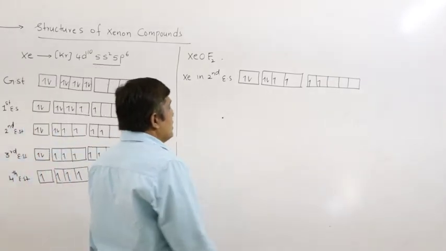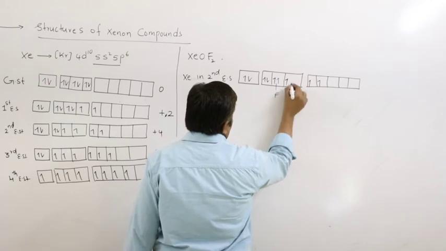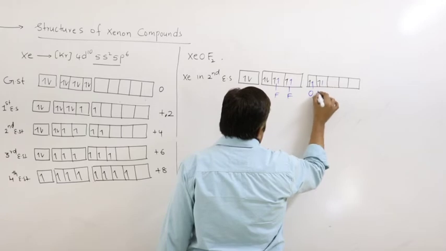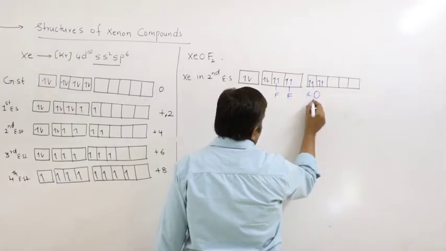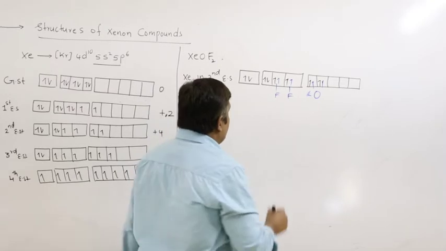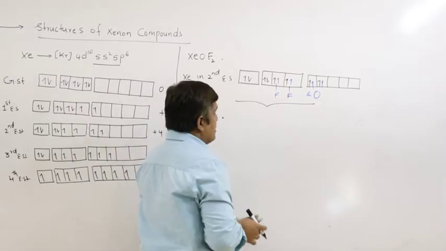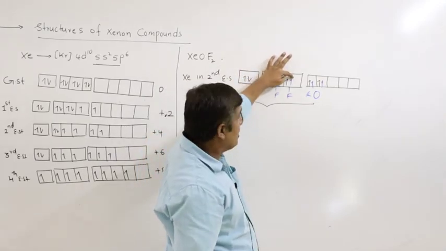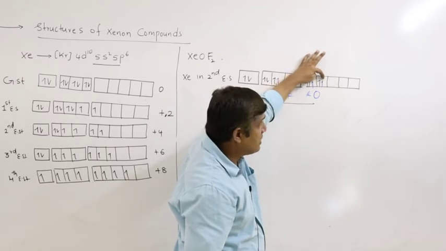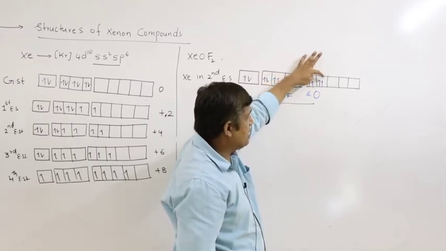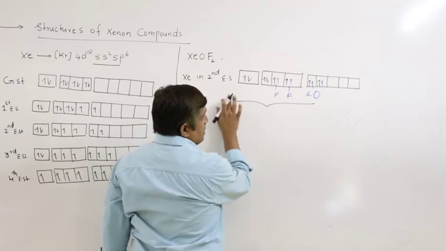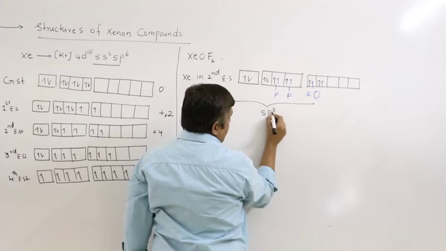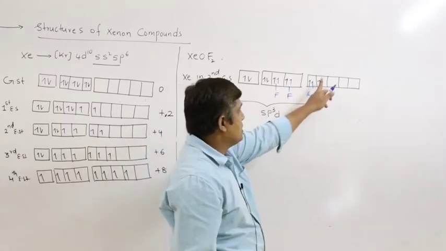Right. So here fluorine uses one sigma bond, another is pi bond. So hybridization. See here, there are two lone pairs, one bond pair, another bond pair. They are sigma bonds. Now this is one sigma bond and another is pi bond. So here hybridization orbitals: s, p, p, p, d. So what you will get is sp3d hybridization.